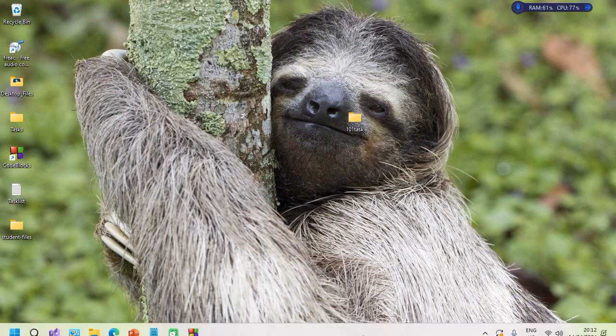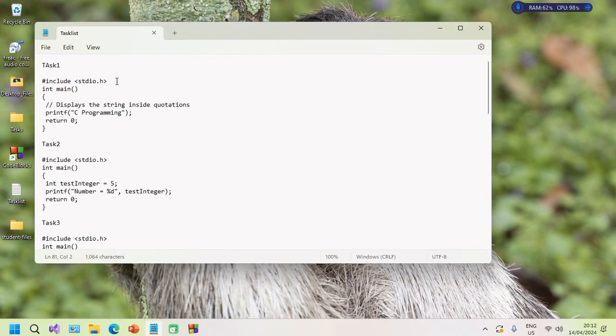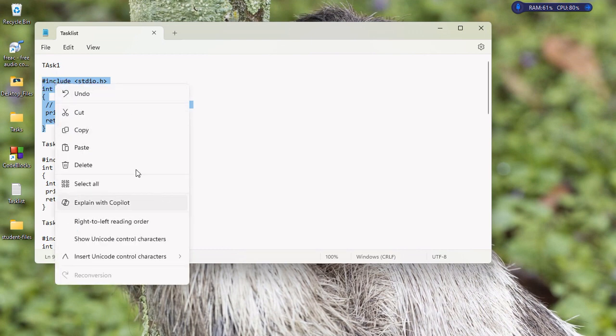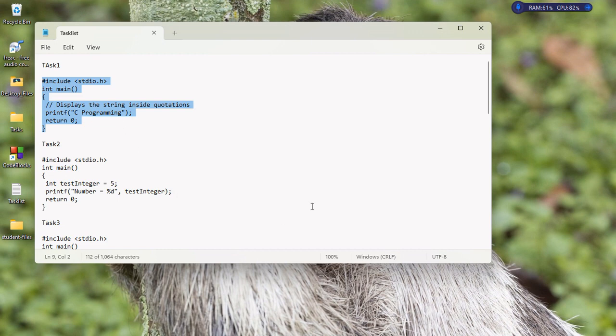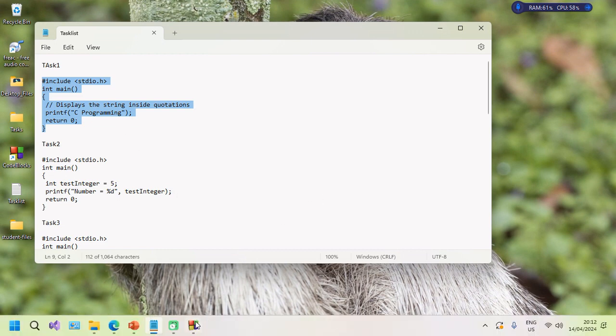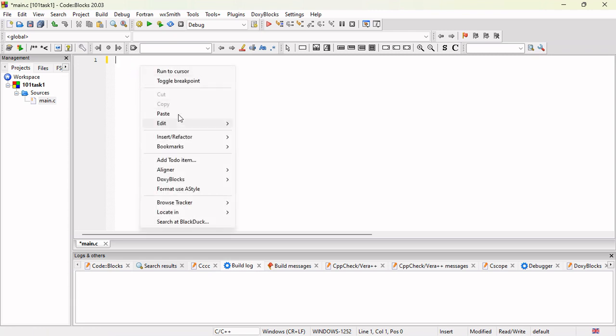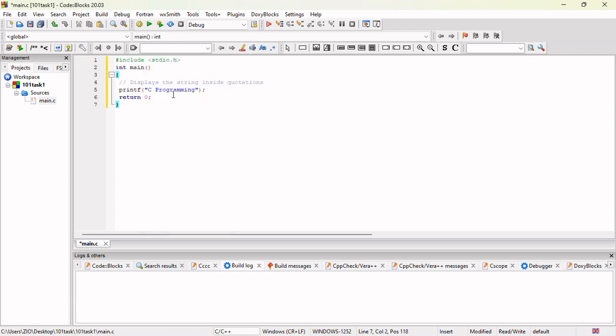So this is the task list. The first one is this one. You right click, copy, and paste. So these are the examples. You can also print if you want. So in here we paste the code. Then we have the first line, include. The second one, integer main,